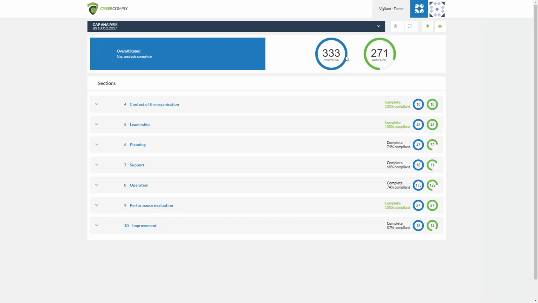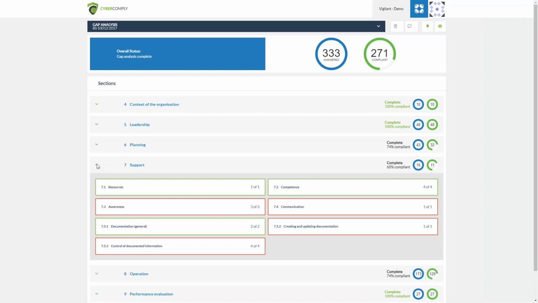Once you go through, you'll have a quick pie chart overview to say that yes, we've answered all 333 questions, only 271 of them are compliant though. Here you'll be able to see very quickly maybe your main area of focus where you need to put a bit more of your resource into to get it back up to scratch. So here we can see that support is the main area that we need to focus on, particularly in awareness, communication, creating and updating documentation, and control of the